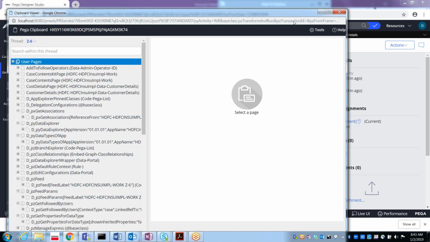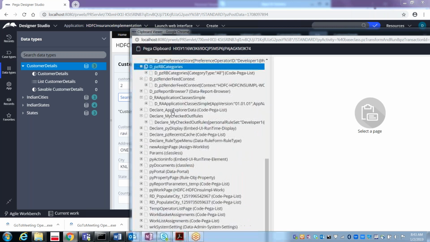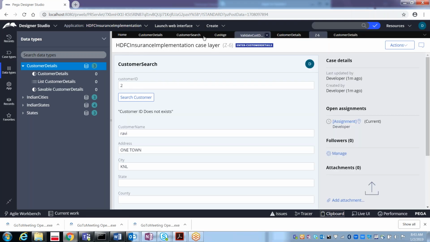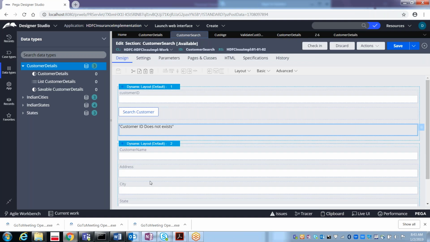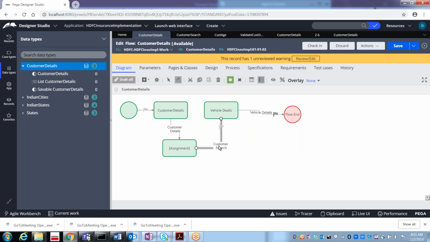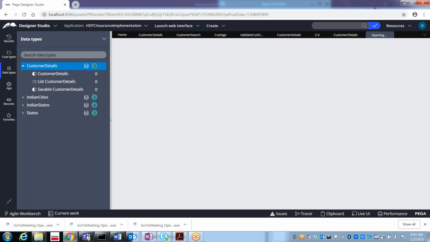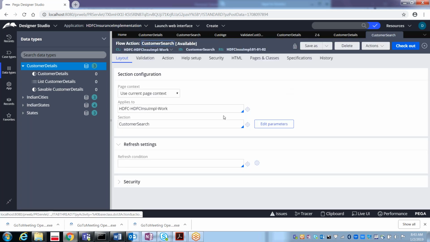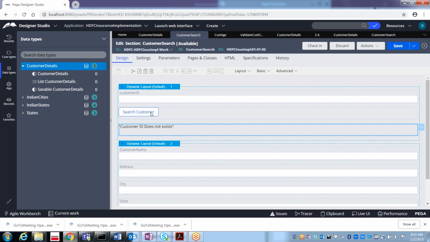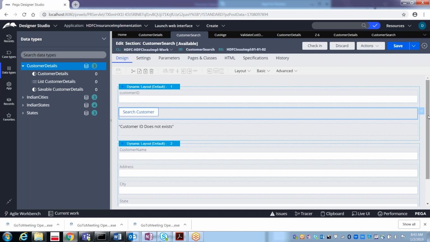For this record, and where we are populating the data, where we are mapping this data to the properties, under the customer search flow action. We refer to the section, the customer search section. On the click of this button we are doing it, right?